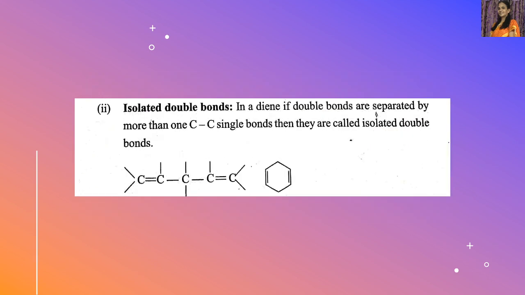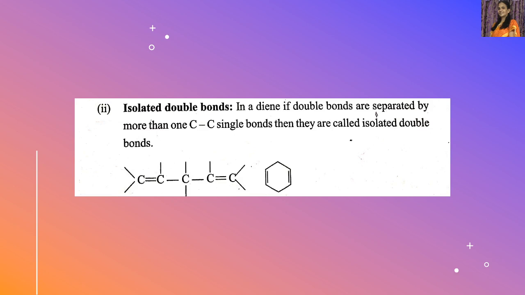Now, next one, let us see isolated double bonds. In a diene, if double bonds are separated by more than one CC single bonds, then they are called isolated double bonds or isolated dienes. Okay. So, what are isolated dienes? In these isolated dienes, two double bonds are separated by more than one CC single bonds. If they are separated by one single bond only, then they are called conjugated dienes. If they are separated by more than one single bonds, then they are called